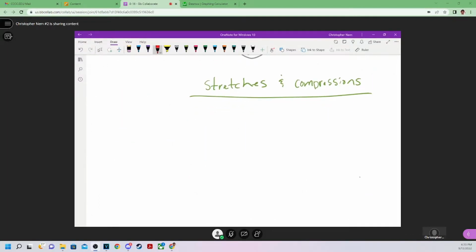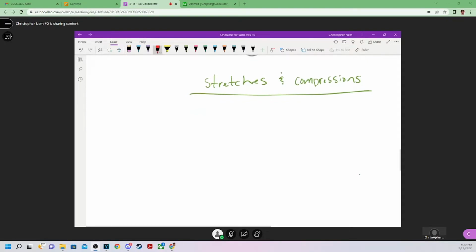And we're not fully done with shiftings, but we'll talk about that in a bit. I've covered the main parts. It will play a role later on, but not right now. So stretches and compression. Let's let f of x be the parent function. The author of the book, Stewart, states that, hey, if I have a number times my function, or if your number is multiplying the outside of your function,